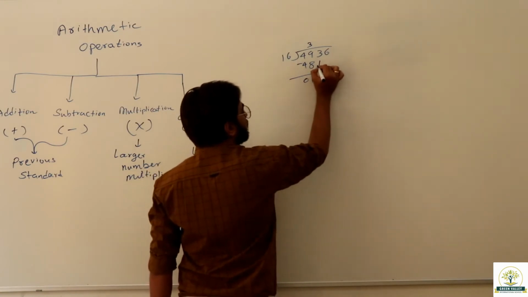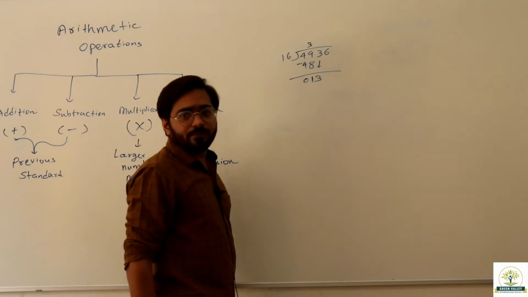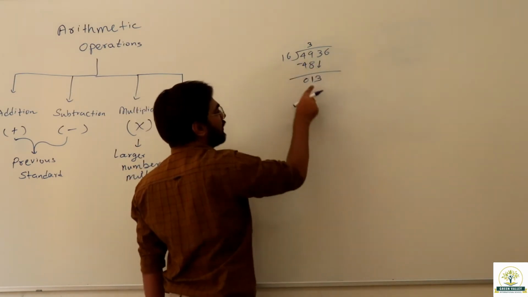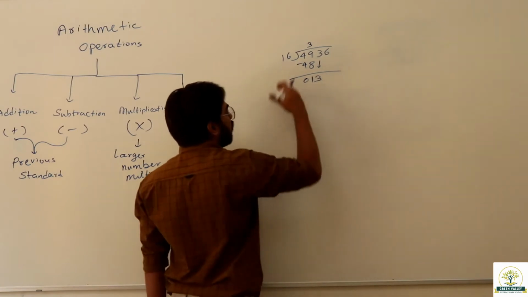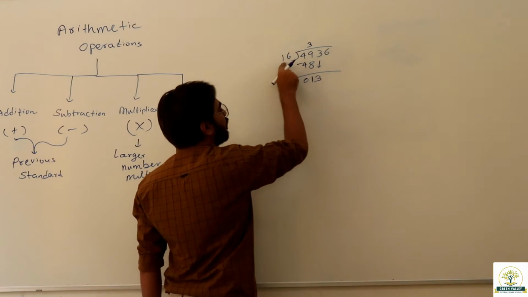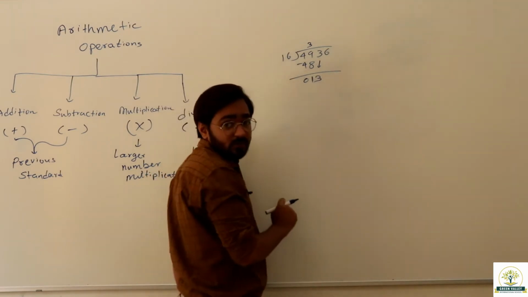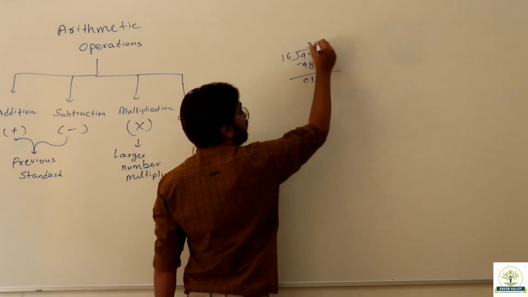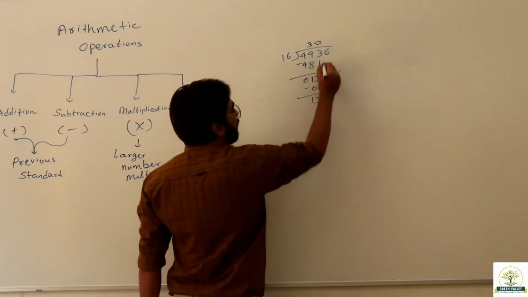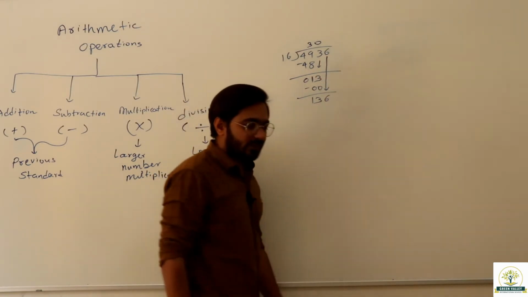Now one digit comes down at a time in division, as you already know. So 3 comes down, it becomes 13. Now 16 is already greater than 13. So the division won't be possible directly. So what we will do is 16 ones are 16 is greater than 13. So we will do 16 zeros are 0. That will give me 13 again. But this time this digit comes down, that is 136.